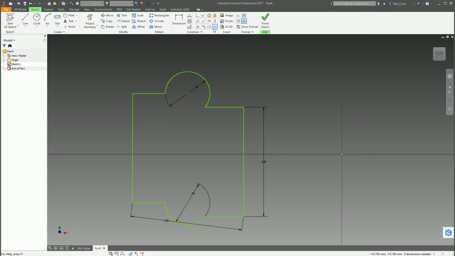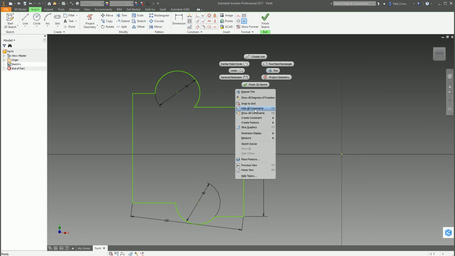And that's where the rest of these constraints come in. So what we'll do is we'll start with making sure that these two arcs are in line with each other, because at the moment they're not. You can see these two arcs can move side by side to each other, completely independently to each other. So you've got to think to yourself, well, what kind of constraint do I want here? Now, there's no such thing as a centerline constraint, but what you can do is think, well, these two objects here need to be vertically aligned with each other. I want that point to be directly vertically in line with that point there.